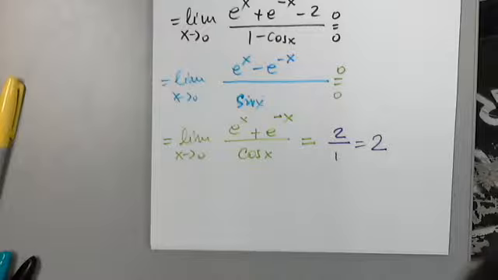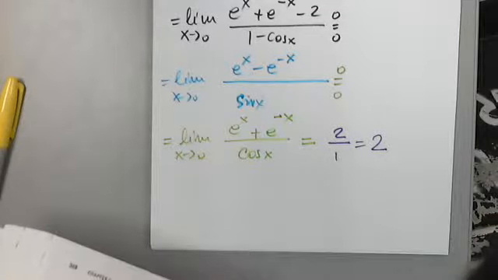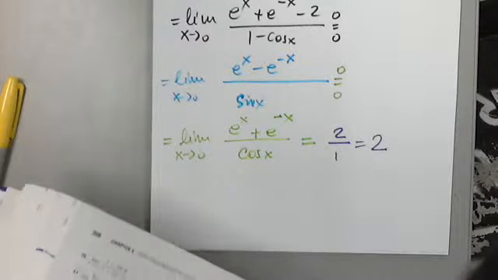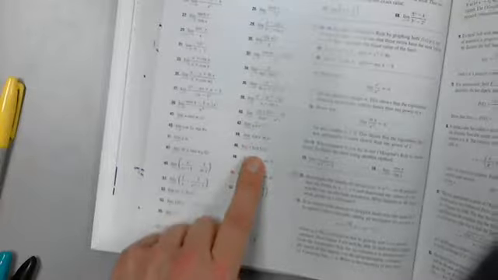Now, the more difficult situations are when we do not get 0 over 0 or infinity over infinity from the get-go. So these are more difficult. This is a product, this is a product, this is a product. This is a difference. This is a difference. This is a function raised to a function, which are the most difficult ones. All these are functions. So from 55 through 66, we have to do at least 2. And let's start with that and then come back to others.